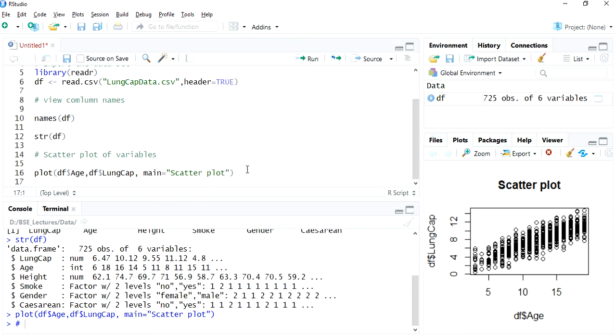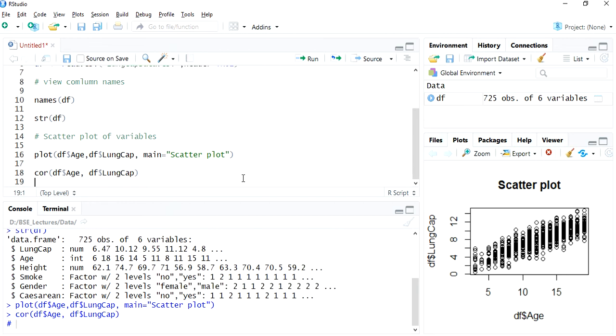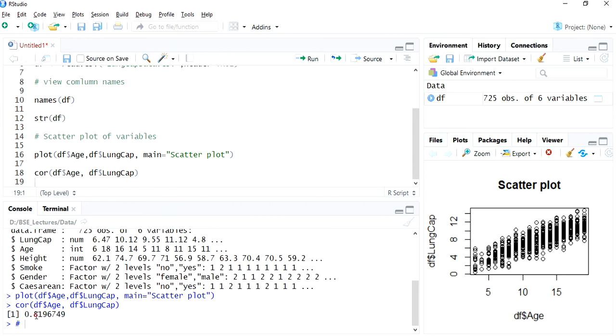In order to further establish this, we will find the correlation coefficient between age and lung capacity. For that, the function is cor, and then you will say df$age, comma, df$lung capacity. It says it has a correlation of 81%, which means it is fairly linear.